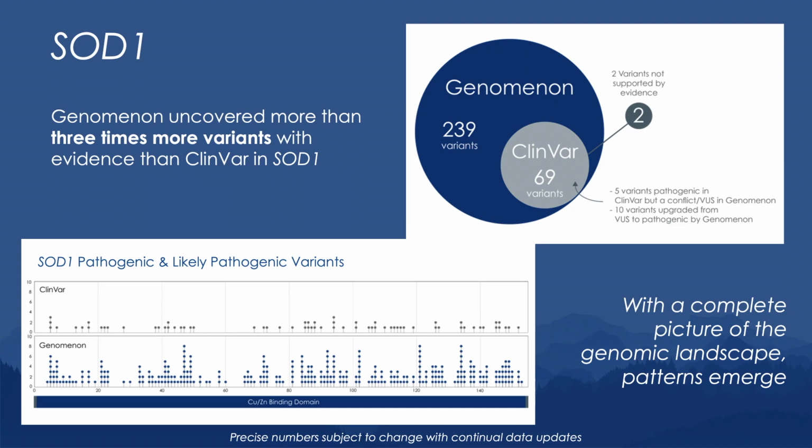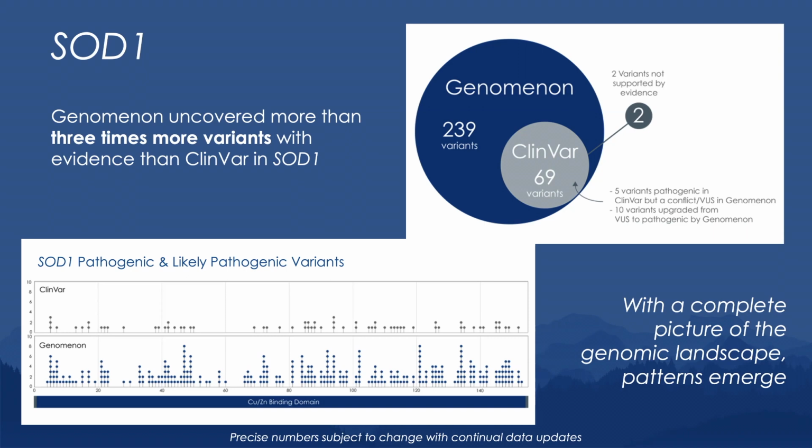But then in the 2 panels in gray and blue for ClinVar and Genomenon, I'm showcasing as each one of those dots a unique variant found in a paper or hundreds of papers, and how they distribute across that linear axis of the protein, and in this case, how they influence the functional domain of SOD1.